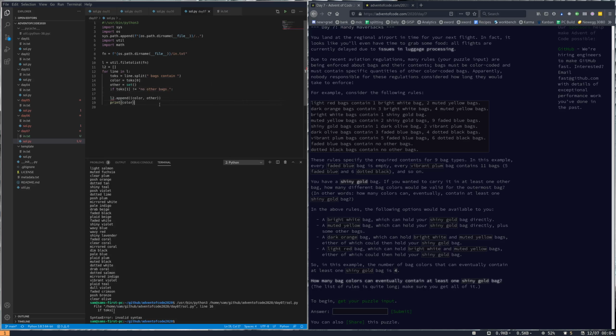Okay. Print other. And each of the other ones is going to have... So this set is going to be a set of pairs, but we're going to want to... Let's just say other with num, or other num is also a set, because we're going to want both. Probably the other one's going to be for part 2. So other and an other num. And then we want, if it's not equal to other bags, so we want tokes,